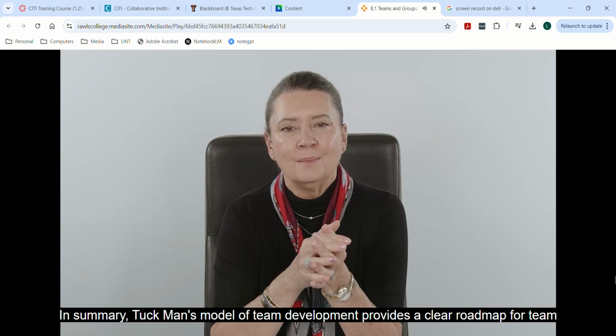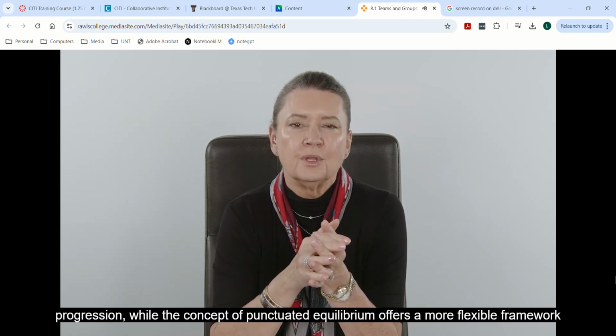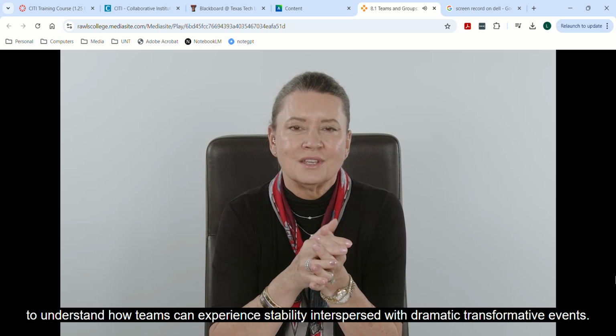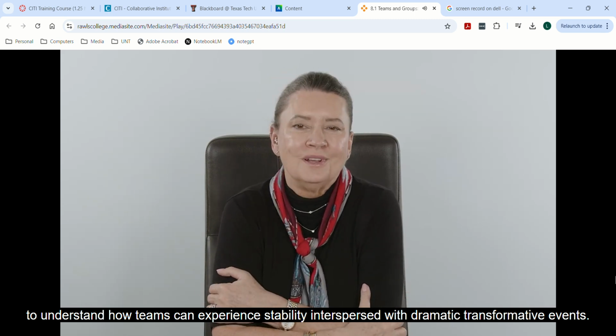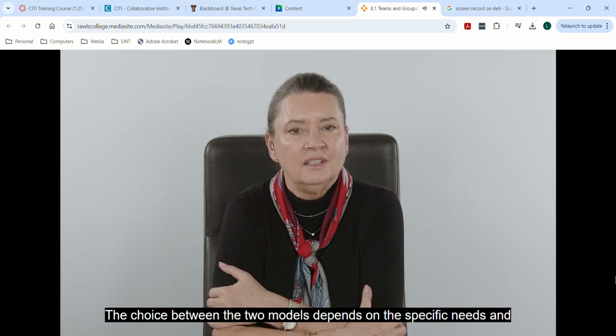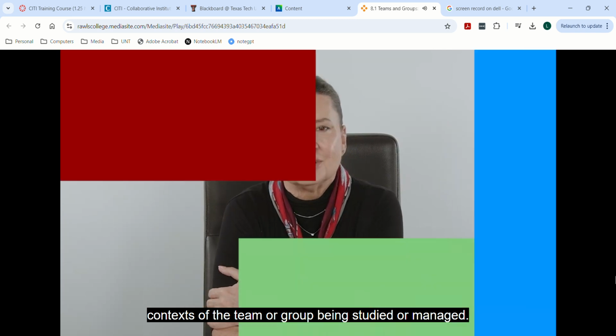guidance. In summary, Tuckman's model of team development provides a clear roadmap for team progression, while the concept of punctuated equilibrium offers a more flexible framework to understand how teams can experience stability, interspersed with dramatic, transformative events. The choice between the two models depends on the specific needs and context of the team or group being studied